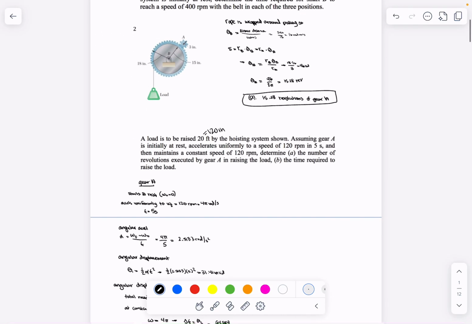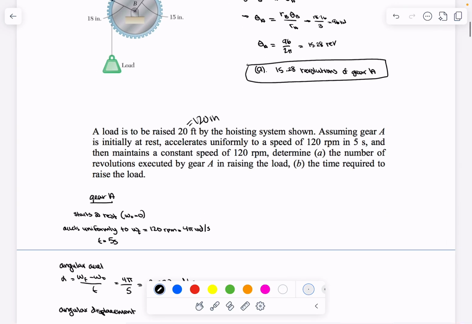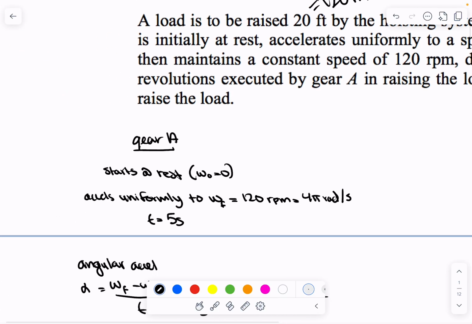For question 2, a load to be raised 20 feet or 120 inches by the hoisting system shown. Assume gear A is initially at rest, accelerates uniformly to a speed of 120 RPM in 5 seconds, then maintains constant speed of 120 RPMs. Determine the number of revolutions executed by gear A in raising the load and the time required to raise the load. So step 1, it starts at rest, so the initial angular velocity is 0